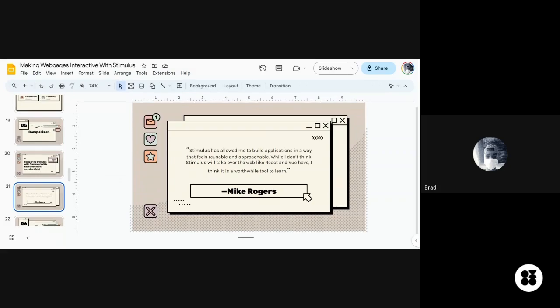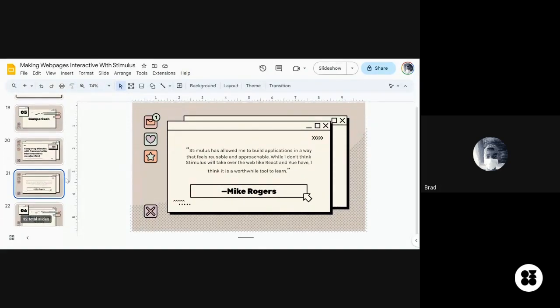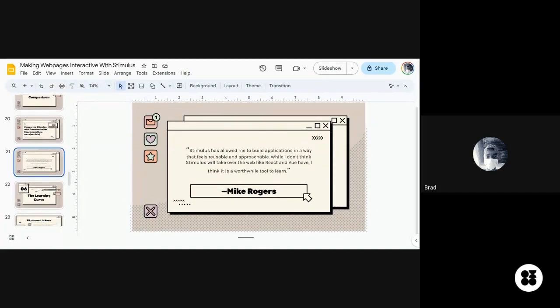So my project is saying it's something to learn. And from what Dr. Kashi said, he has also played around with Stimulus. So it's something you should play around with, or do an application or a project idea with. Now I think we can move over to the learning curve with Stimulus.